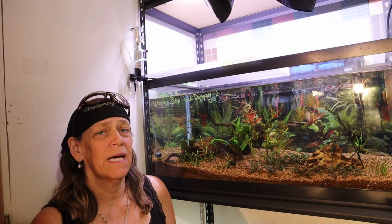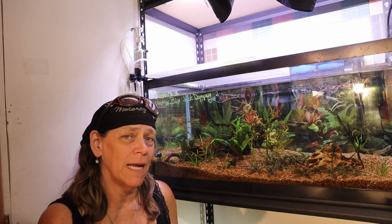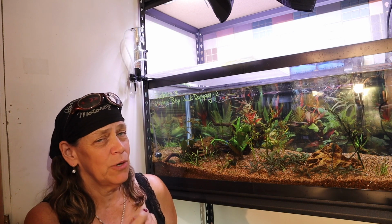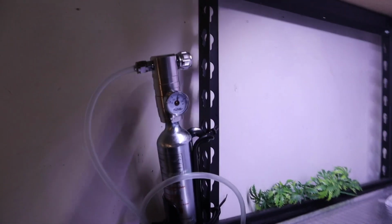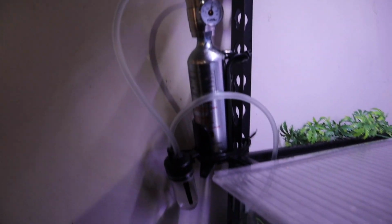So what I did is I counted 10 bubbles on my stopwatch, saw how long it took, and divided it so I can get how many bubbles per second. But now I have the CO2. I'll do the CO2, my bubble counter,